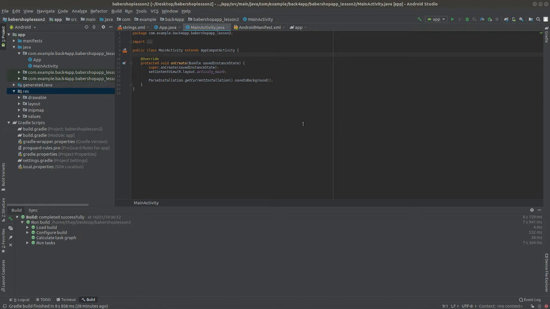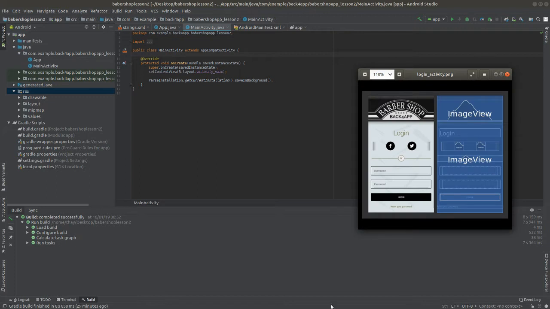Today we will produce the app login activity. Basically, this lesson will be divided into three parts. At first, I will teach you how to develop the layout of this activity that should look like this. Here you can see that the user can log in using social media or even the account they have registered